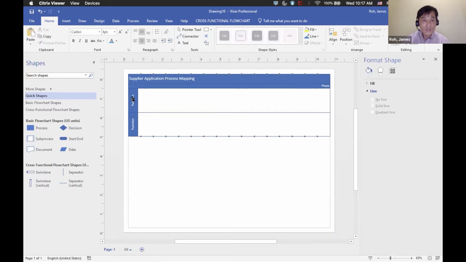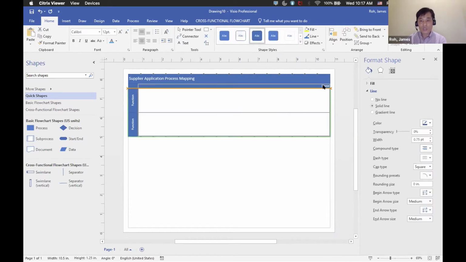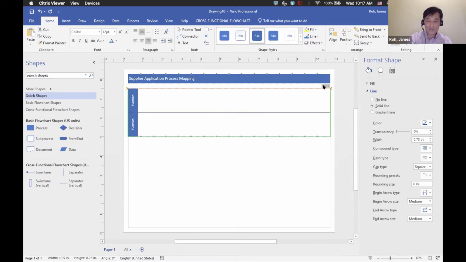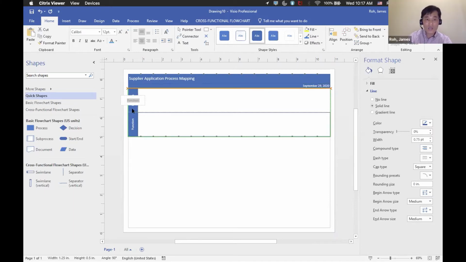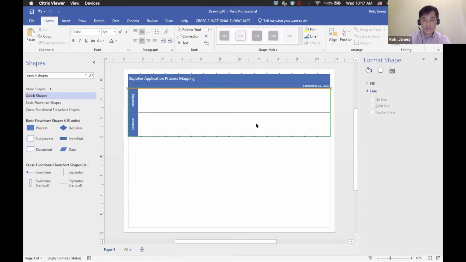And say you can just type the date. So say September 29, 2020, right? So that you know when you worked on this. And then the first function is, say, we have the screening function, and then the second one is approval function, and the third one is